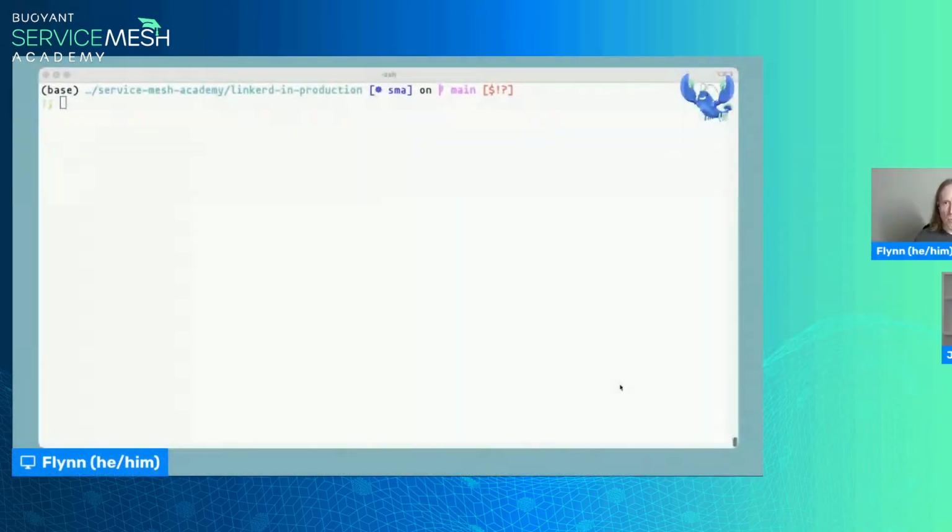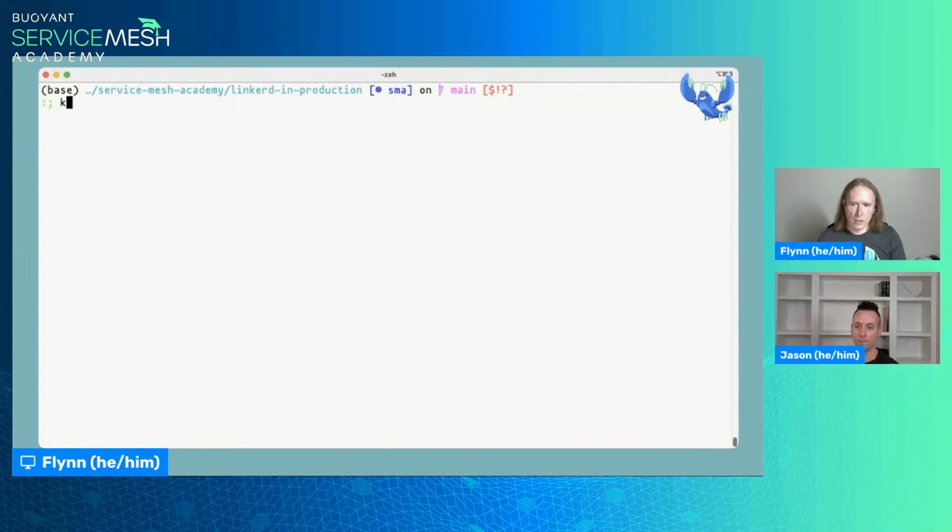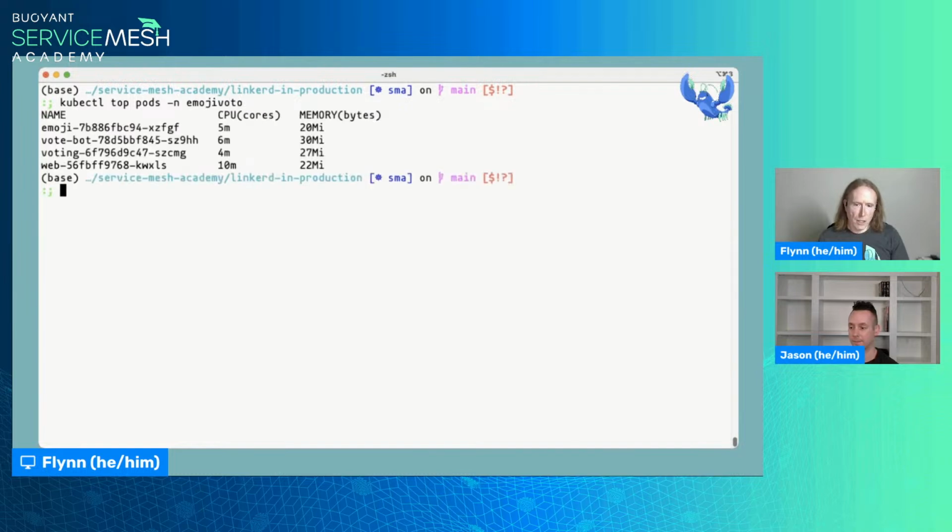One thing that comes immediately to mind is you can always do things like this, and it will tell you, okay, so emoji is using 5 millicores and 20 meg of RAM. And then if I turn around and look at the deployment for the emoji service, I can see what it's requesting. So that's a really simple, trivial way of looking at things like that.